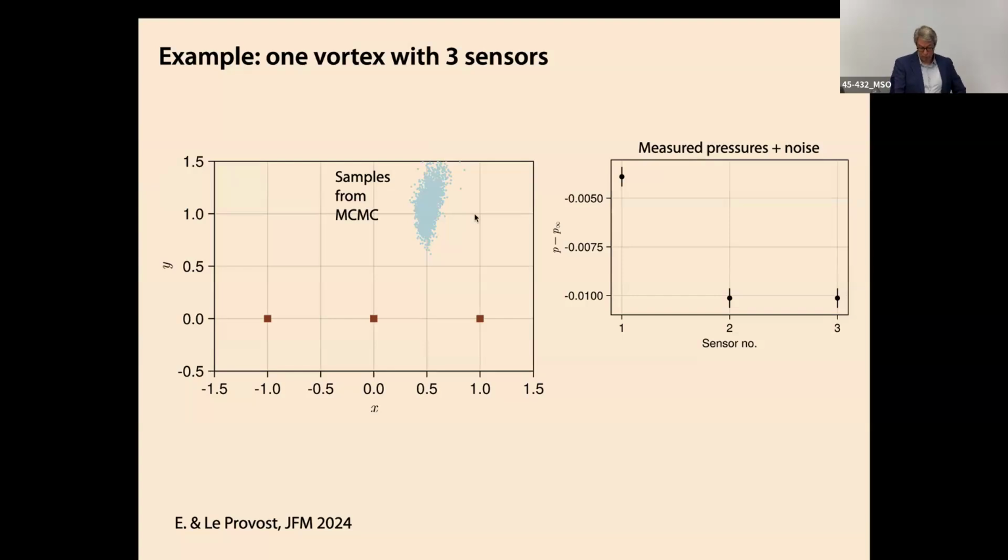And I'll reveal to you that the true vortex location was there. So you can see there was some confusion about the Y location. In fact, that confusion is between the Y location and the strength, right? So moving it further away is roughly equivalent to making it weaker. So there's some confusion between those two. I don't show the strength on here, but there's a third dimension there. Okay. So the expected vorticity field can come from that. Now that we've got all those samples of the posterior, we can compute things like expected vorticity fields and so on. So it does a good job of getting what we want. Okay, so that was easy.